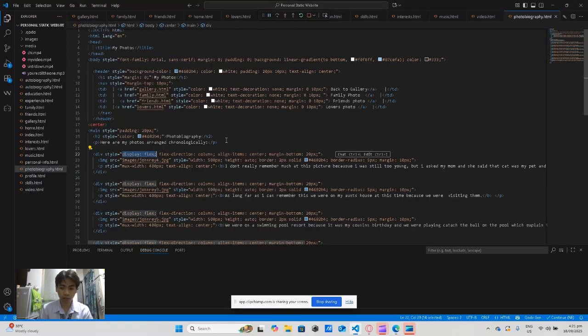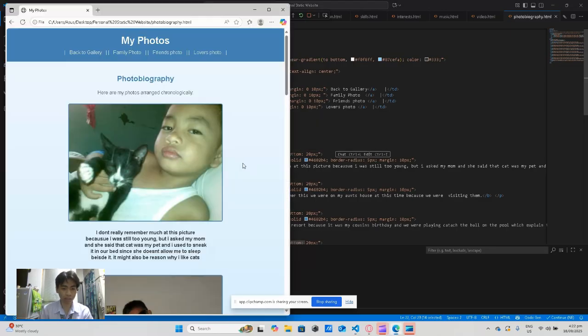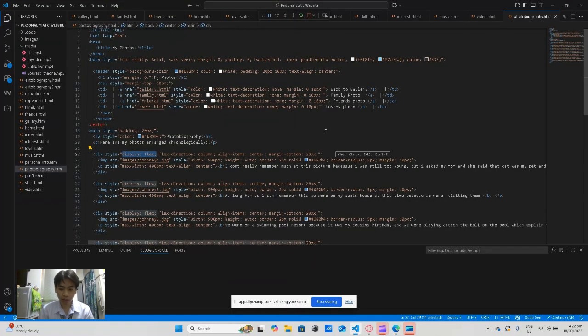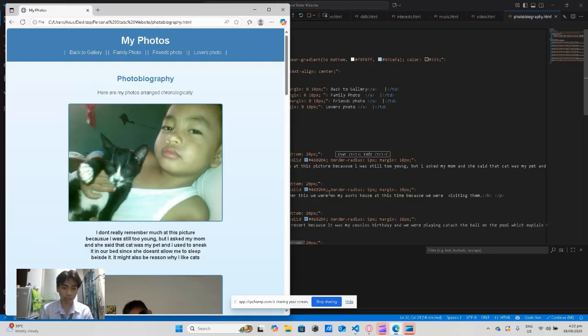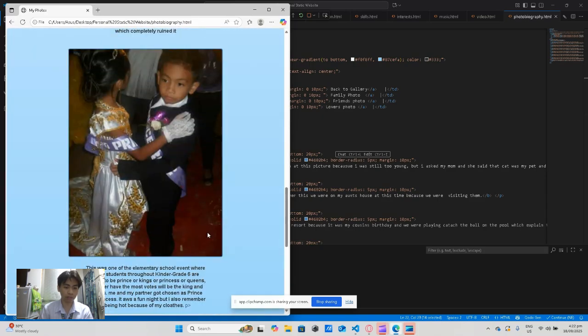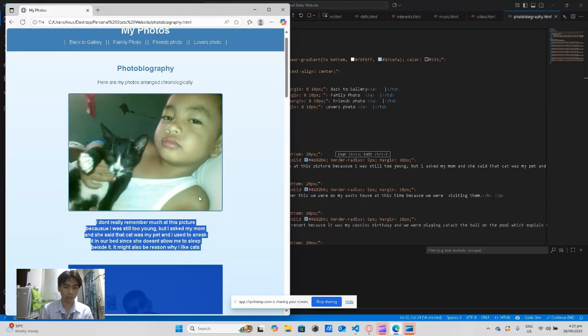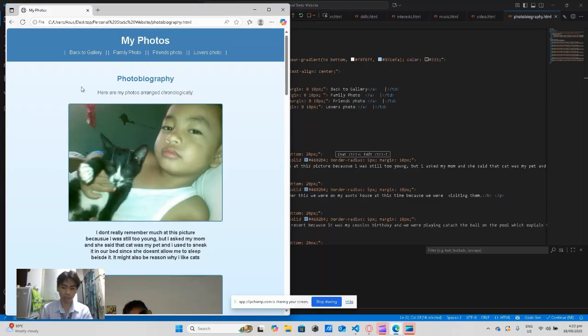I also use flex-direction column to stack the items vertically. They're all vertical, and I also use align-items center so that they're in the middle horizontally, and you'll see that all of them are aligned. There are no extra spaces.